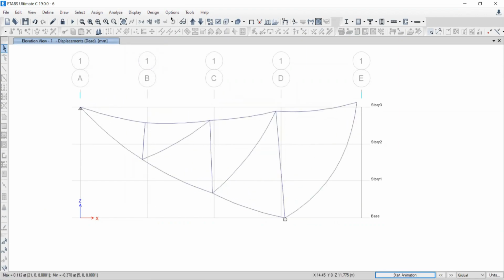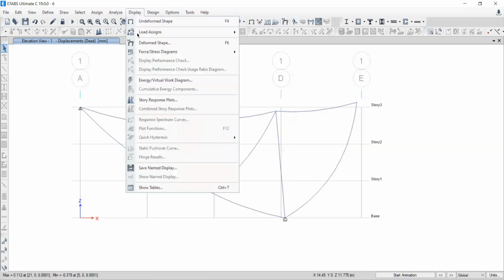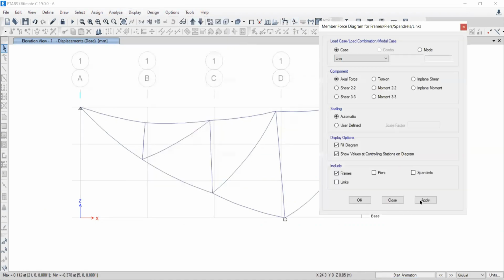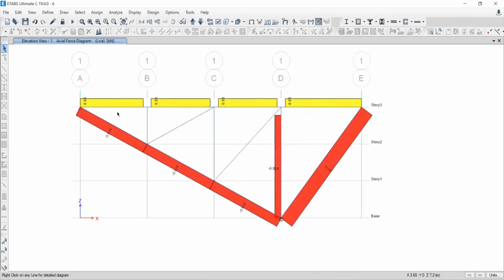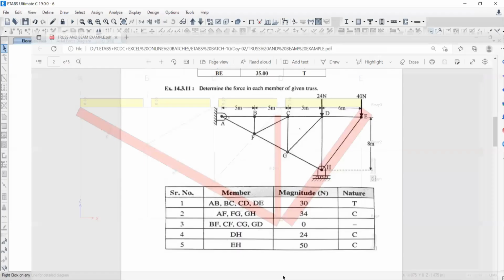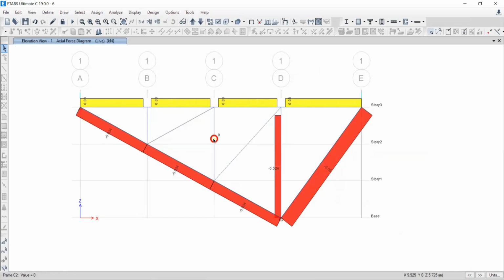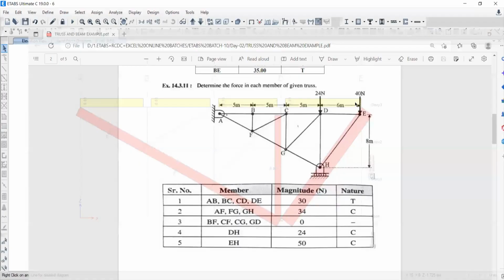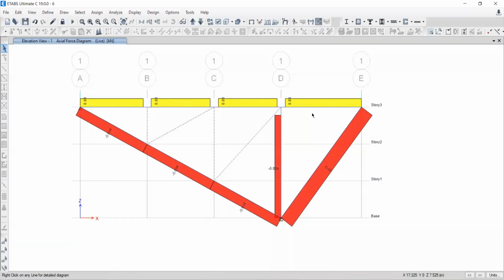Okay, this is right. Now go to display, post stage diagram, frame pair spindle. Let's say apply with all this. Now 0.03, 0.03, 0.03, 0.03 exactly. Here all this 0.034, 0.034, 0.0 means 34. 34. It is what? 50. Okay. 34, 50, 24. 24. Here it is 0, it is 0, it is 0, it is 0. 100% correct or not? करेक्ट।